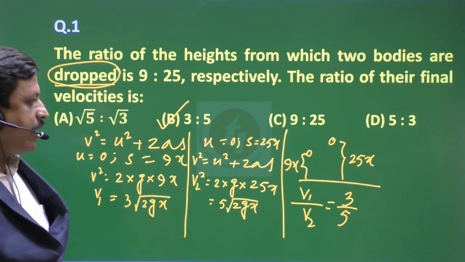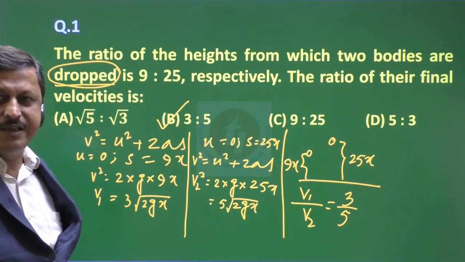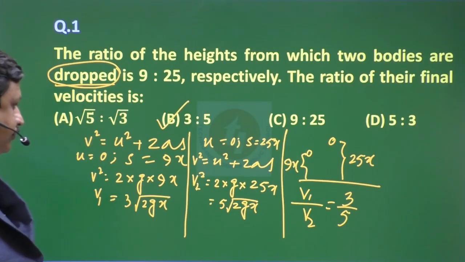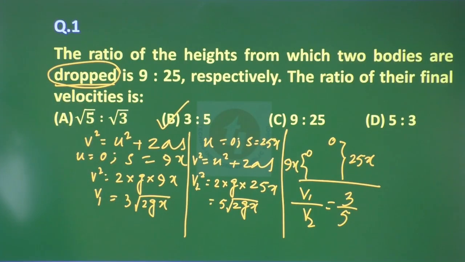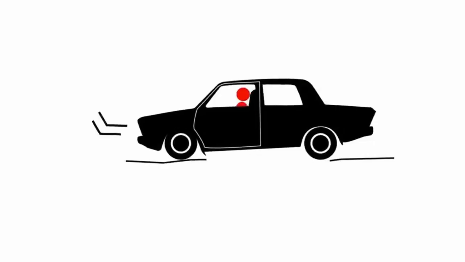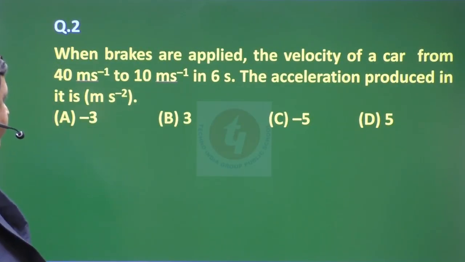That is motion under gravity. When motion under gravity, you have to take acceleration as acceleration due to gravity, that is g. Okay, next numericals. When brakes are applied, the velocity of a car changes from 40 meter per second to 10 meter per